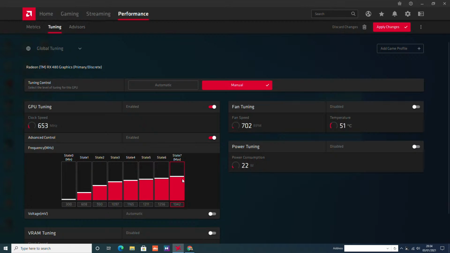The card's default settings are this, so they've got different states. So when your computer's just running idle, it's this one here. This one will be the next state, and then the next state. The more you do, the higher the states. So what you've got to do is click these and type in here where the cursor is. I've had mine as low as, I think, 1300, something like that. You can have it at max, but then the most important thing is